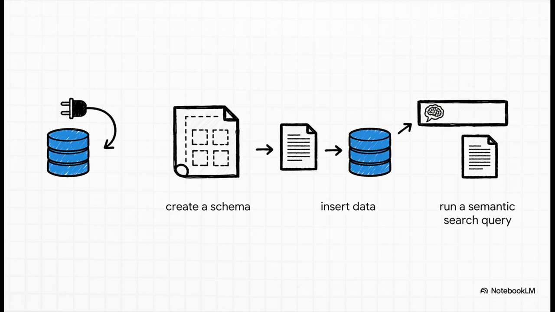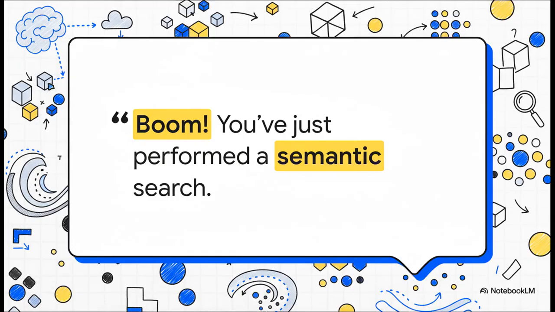You're searching with a concept, like animals on furniture. And boom, just like that, you've done it. You've asked the database a question using natural language, and it found the most relevant piece of information based on its meaning. It feels like magic, but it's just really, really good engineering.